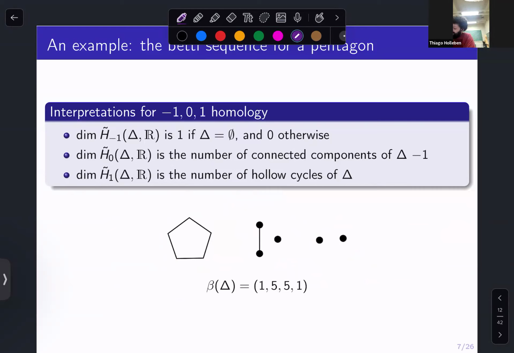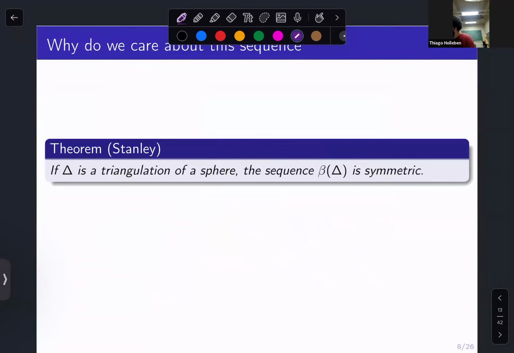If you've never seen this, and this is the first example that you see, there are many questions that you can ask. This is symmetric, this is unimodal, this is concave. There are all sorts of questions that you can ask. The thing I want to point out, which is not related to the problem itself, is a nice motivation for studying this sequence. So why should we care about this?